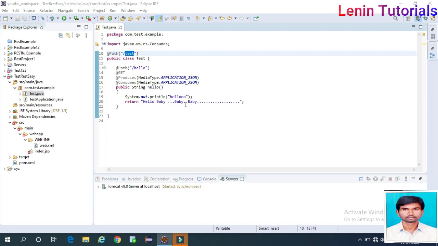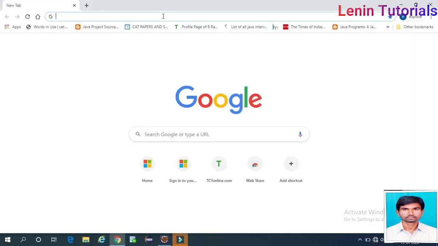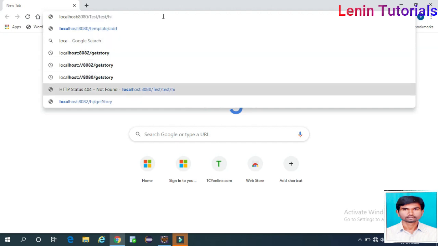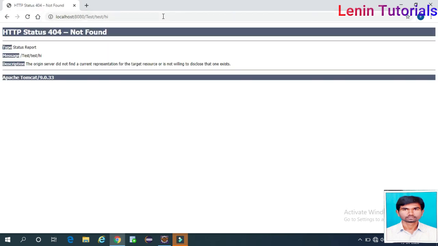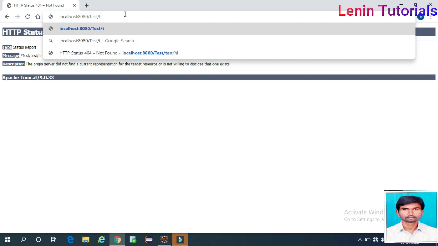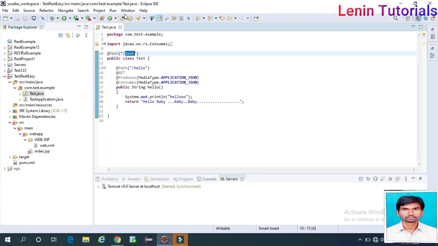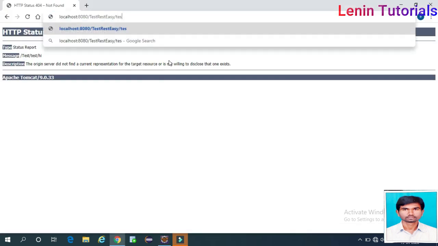From the browser I will be calling localhost, it was already there. I'm entering test, RESTEasy slash, this will be test RESTEasy, okay, capital Test, hello, test slash hello.